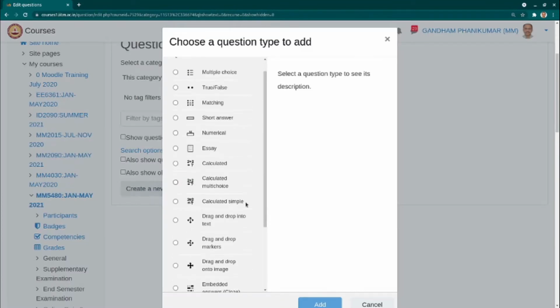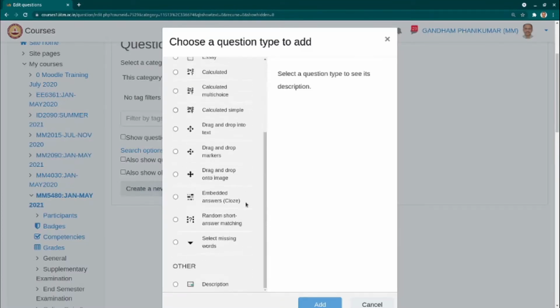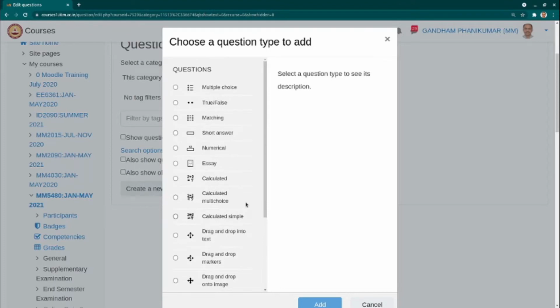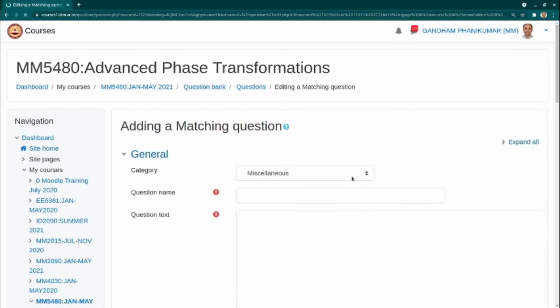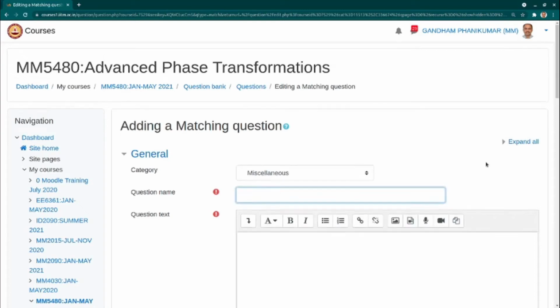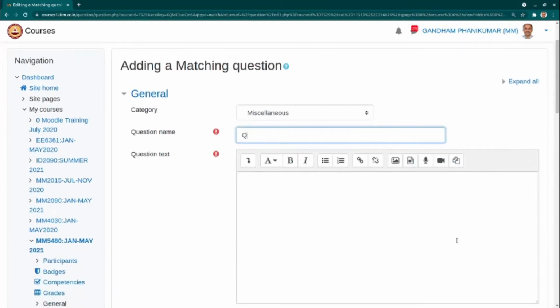And here you can see that there are a number of types of questions that can be given, and we will illustrate this authoring of a question using the matching type. Okay, so we click on the add, and we need to give some identification for this question. I say Q1, and we say match free with commercial software, okay, as an example.